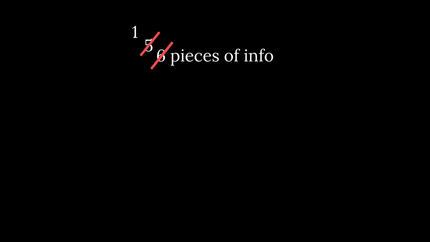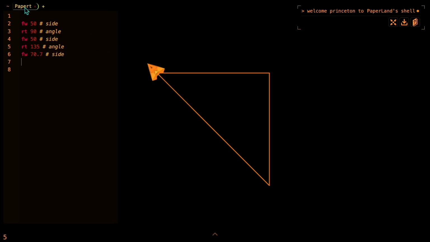What if we only have 1 piece of information? There are only 2 possibilities here. Either we know the length of one side or we know one of the angles. Let's investigate only knowing one side first. Start organizing our tabs by naming this 1S and assume one side of our triangle is fixed. Adding a hashtag here represents a comment.